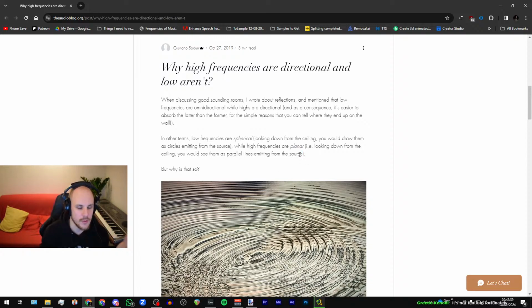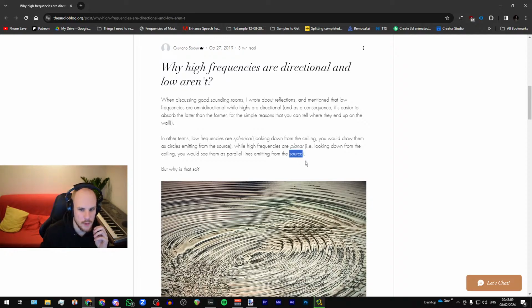How, like, you would at least have one diagram in here, and you would need to explain what kind of source there are. You would also need to define what you mean with high and low, right? Because I'm assuming that there's some kind of crossover happening between the spherical properties of the low frequencies and the planar properties of the high frequencies. So where would that crossover be? How steep is that crossover? All of that you would need to kind of know before you can make a proper conclusion from that.